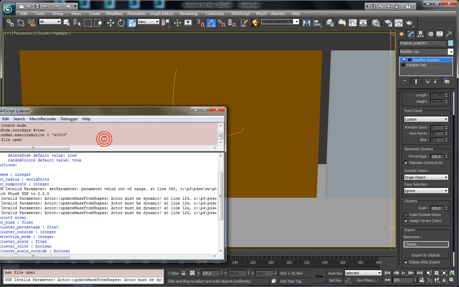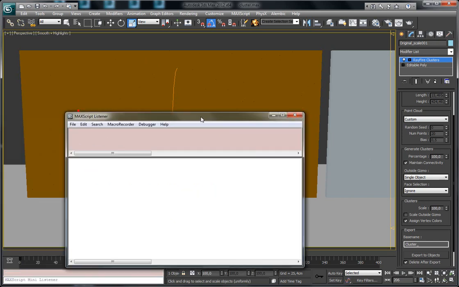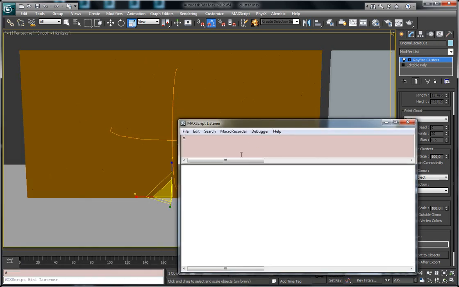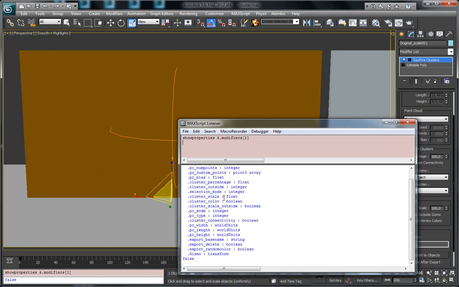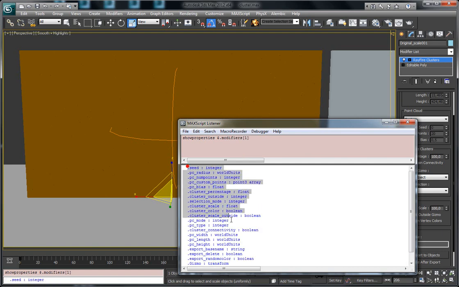In the listener window, you can type in show properties, selected object, modifiers, first modifier. So here you can see all the properties which you can adjust, and here's this PC custom points property. So you can use this property, and if you evaluate it right now,